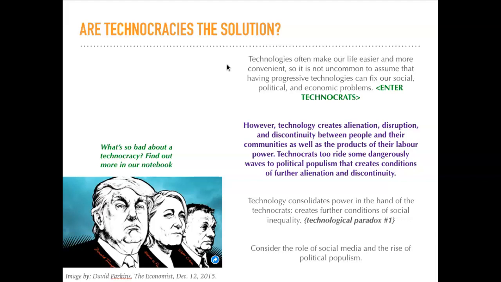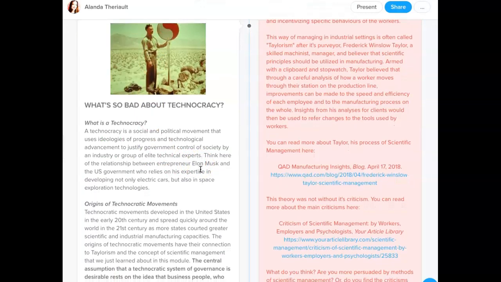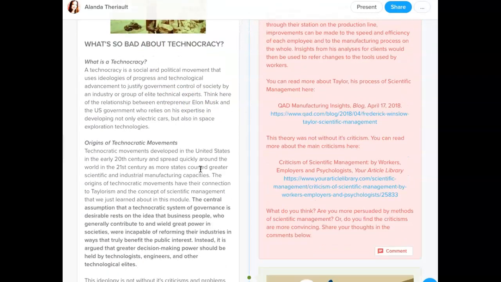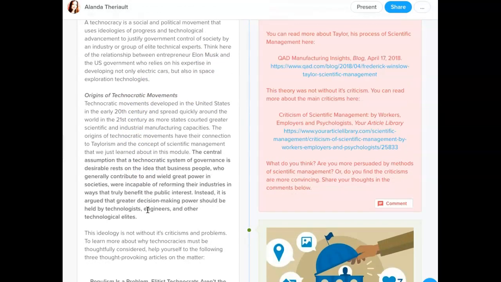And here's where we start to see the rise of the technocrat. So back to our notebook, I've included a section explaining what a technocracy looks like and who would be involved in that, as well as a quick little setup about the origins. But to give you a quick hit,